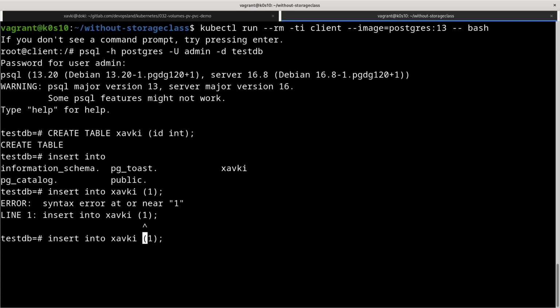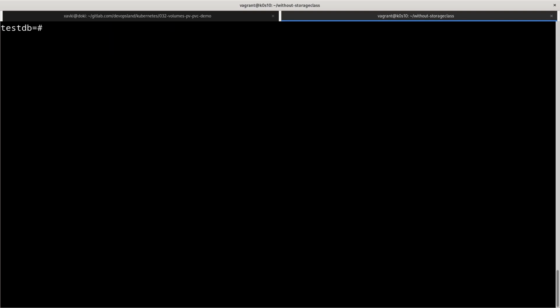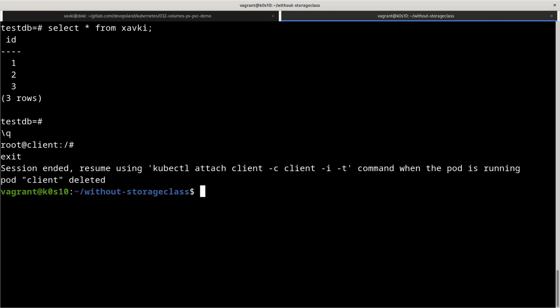So values like that, the value 2 and the value 3, for example. I can now select store from Xavkey to check the content of this table, and we have 3 lines. And that means if I just exit from the client pod, and if I destroy, I can just kubectl scale